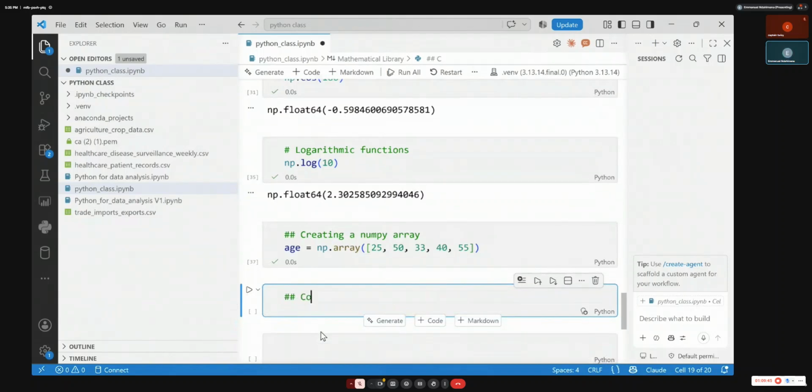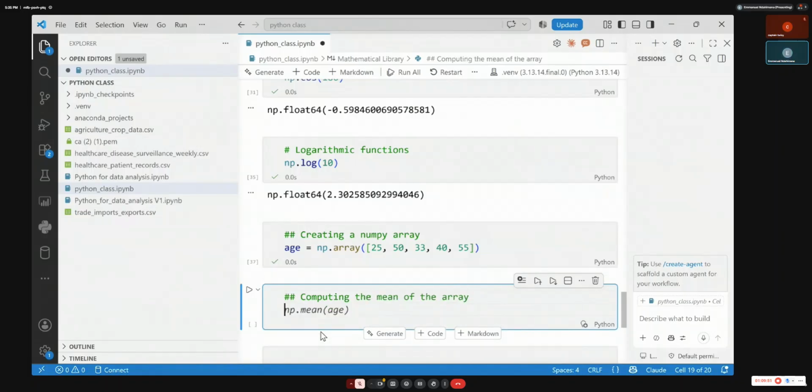Computing the average, the mean of array. You see, it is giving me the code. Just by writing the sentence of what I need, it is giving me the code.